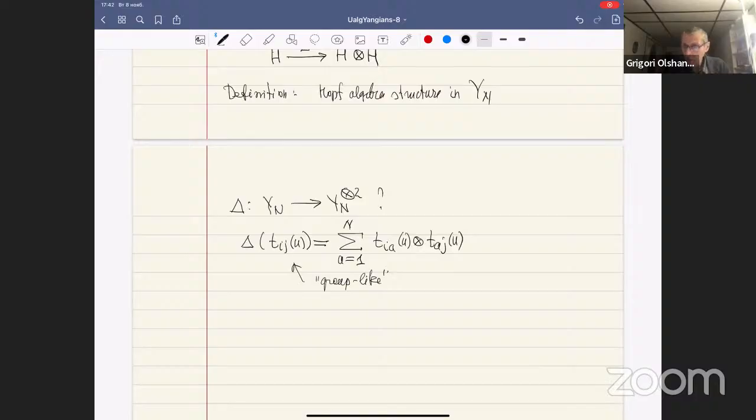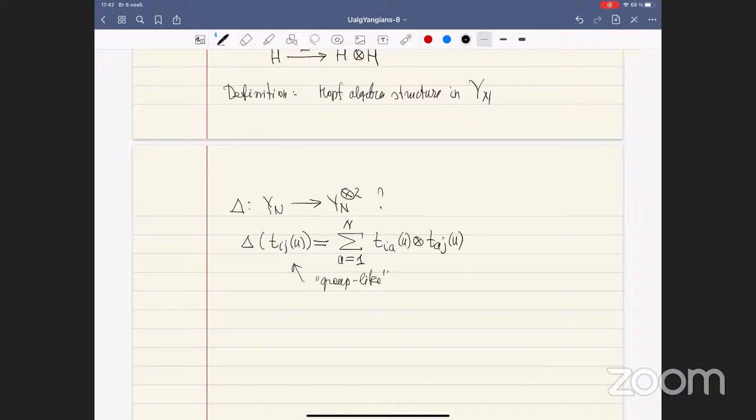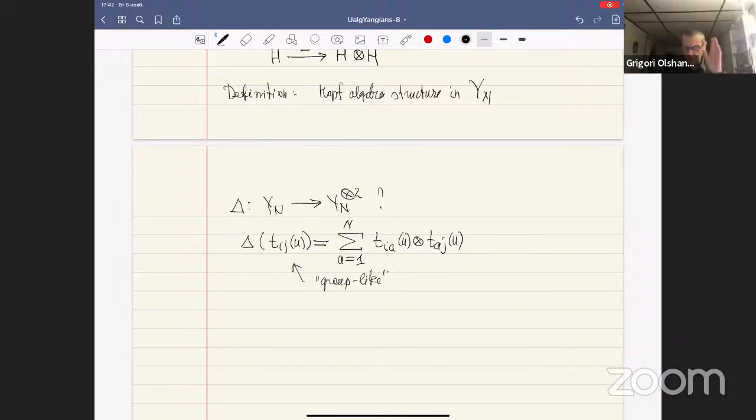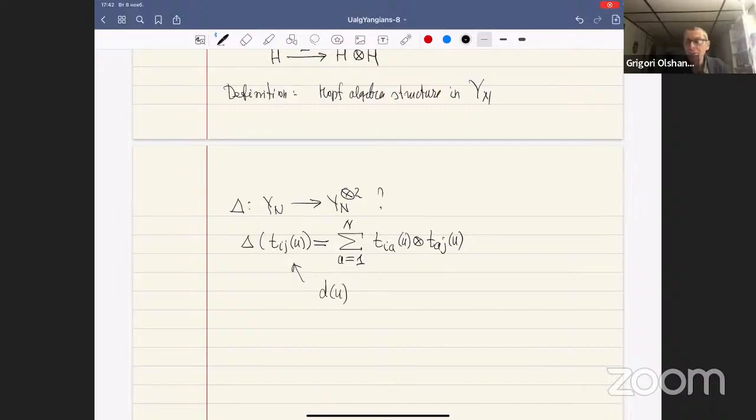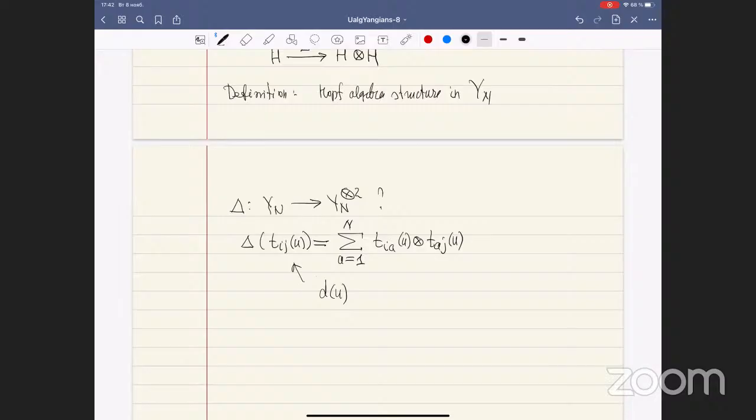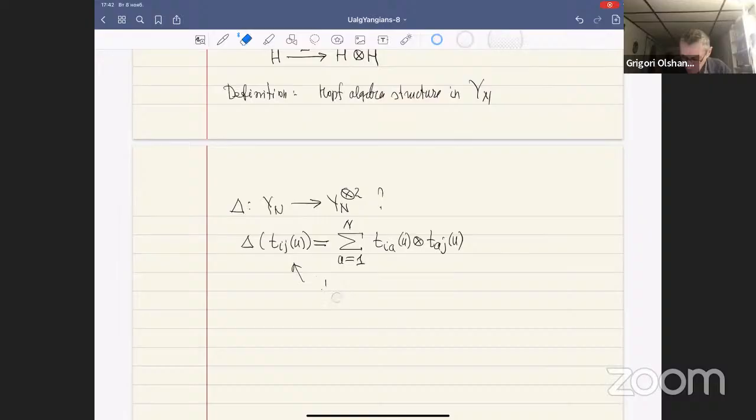More precisely, some question, please ask. I'm sorry, I think a group-like element is some factorized expression. Yes, I'm sorry. You are right, you are completely right. One can say that this is a deformation of a group-like element, but actually this is not group-like. Excuse me. So forget about this. This is the definition, or more precisely,